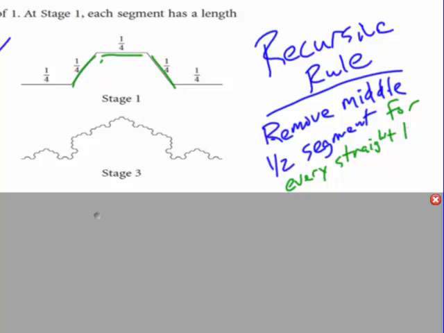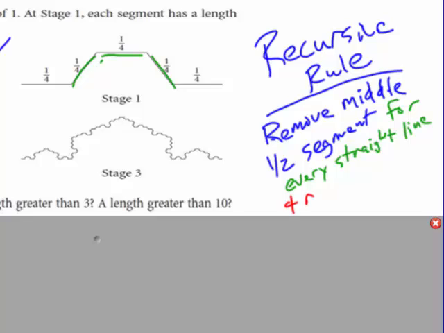Technically every line. I don't really have to say straight, because lines are straight, aren't they? For every straight line, for every line, and replace it with, well, how do I describe that? It's like going up and then over and then down. It's almost like, if I continue this on, replace with almost half of a hexagon, right? Of equal lengths. So replace with